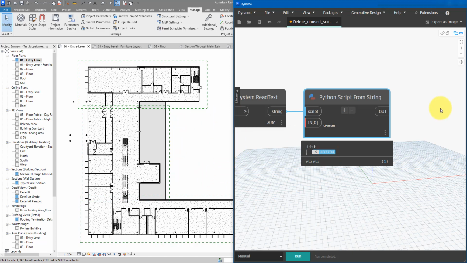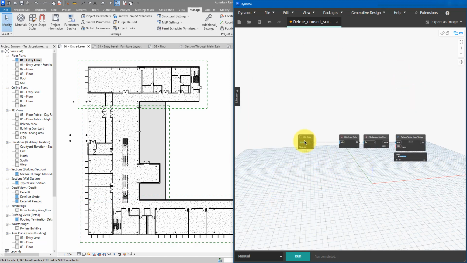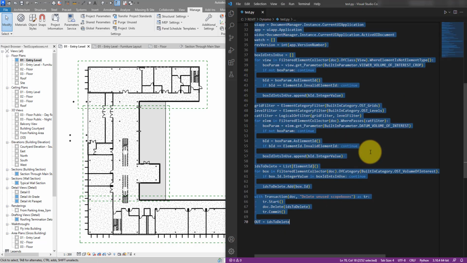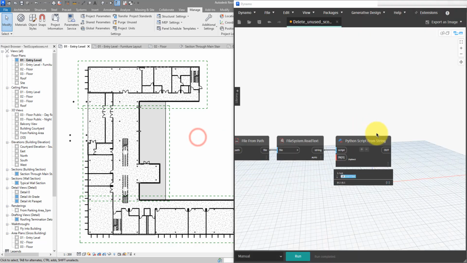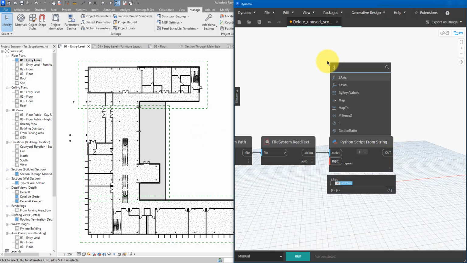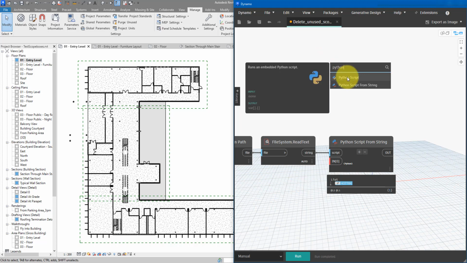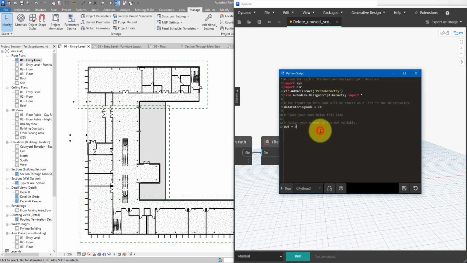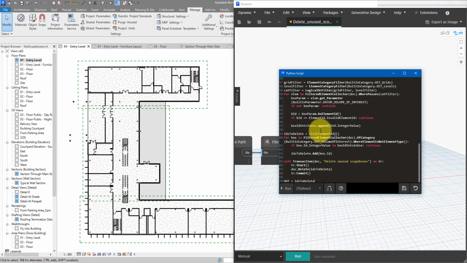Now to complete the script, we want to make it self-contained, so it doesn't have to read text from a file. It should run on its own without referencing anything external. To do so, let's go back to here, press Ctrl A, Ctrl C to copy. Go back to here, make the proper Python node, and place it here. Double click to open it. And now in here, I can just do Ctrl A, Ctrl V. Save it, close it down,